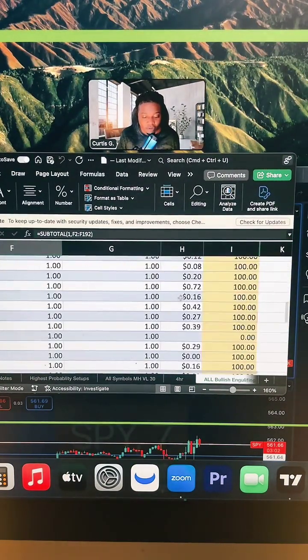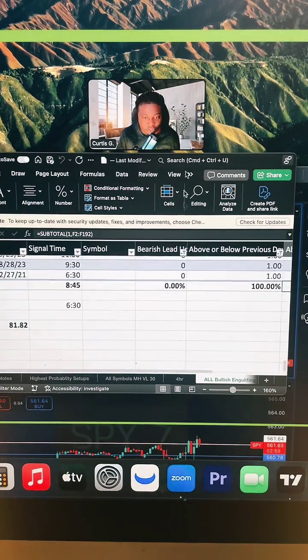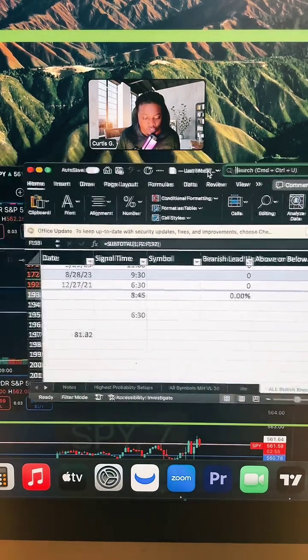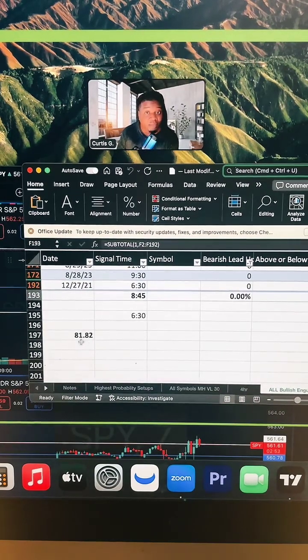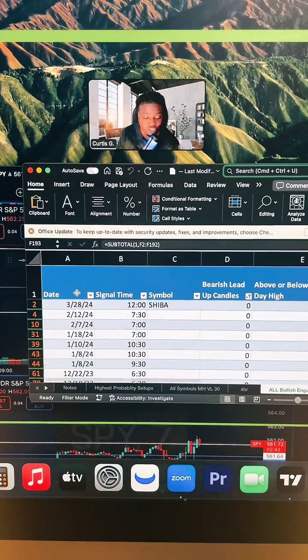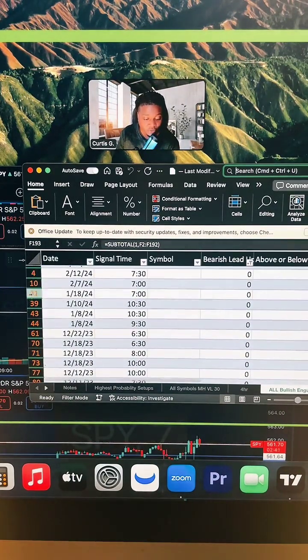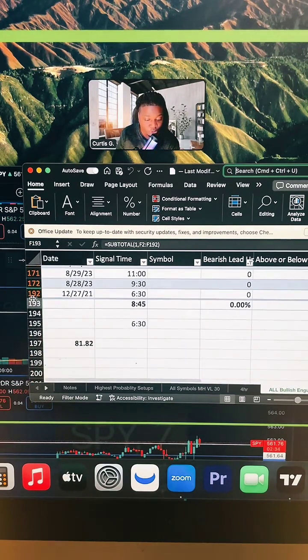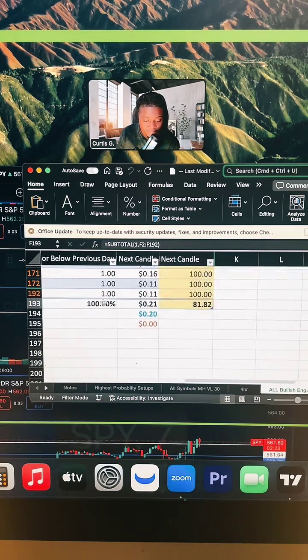All right. I know this might be hard to see, but I'm going to start over here on the right-hand side. So if you're just now joining, what we're looking at is my back testing strategy. We've already done a live trade, so if you're just joining, you've already missed the live trade of the day. But what I want to show you all is this strategy that I back tested. And if you look over here on the left-hand side of my Excel sheet, you can see by all of these different rows that I've back tested this almost 200 times.